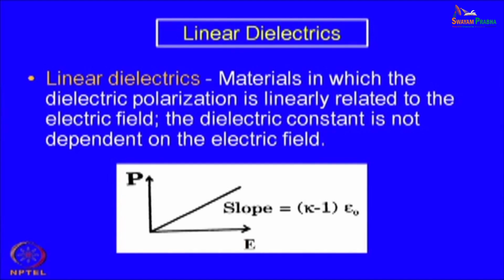Most of the common materials, ceramic materials like porcelain, silica, alumina or calcium oxide, or most of the insulating oxides, even nitrides, borides, etc., all are linear dielectrics,